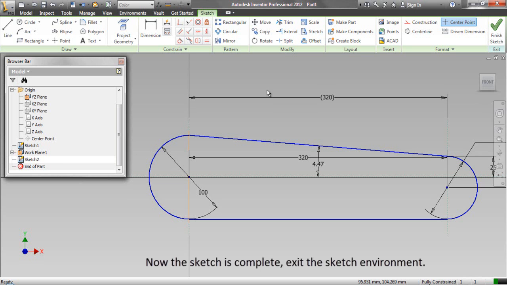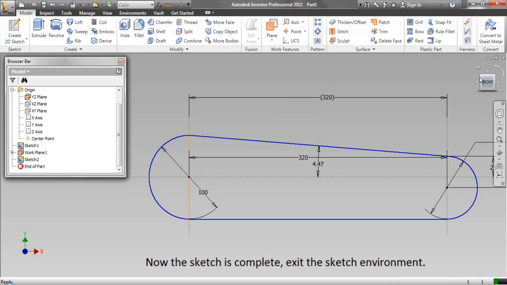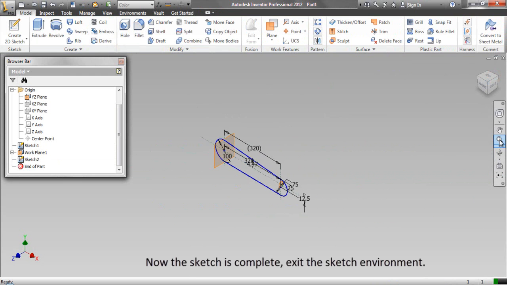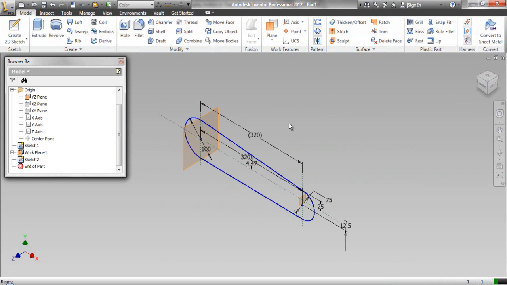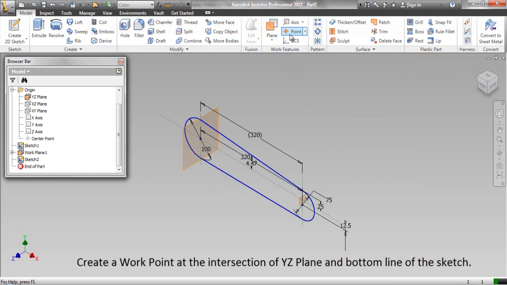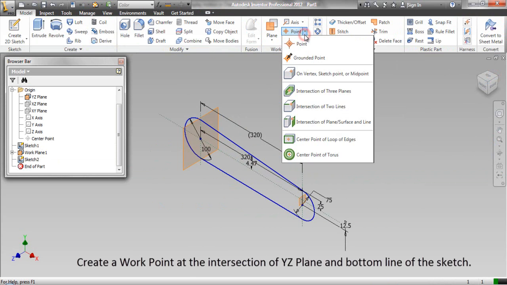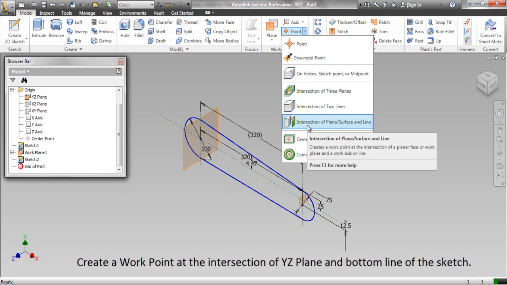Now the sketch is complete. Exit the sketch environment. Create a work point at the intersection of YZ plane and the bottom line of the sketch.